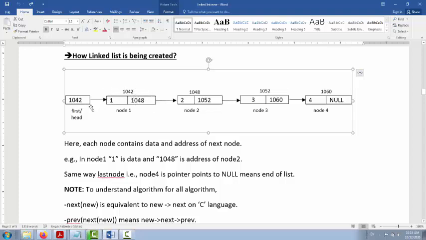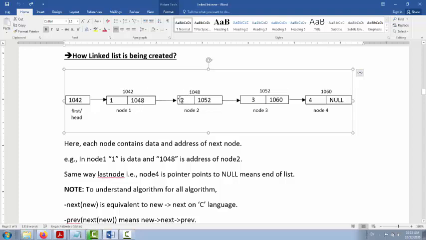Now let us understand this. I will explain this thing again. The head node stores the address 1042, so here it is 1042. At 1042 we have node 1, and in this address we have node 1, and it will store the data 1 and the address of the next node. The address of the next node means 1048, it is the address of the next node.